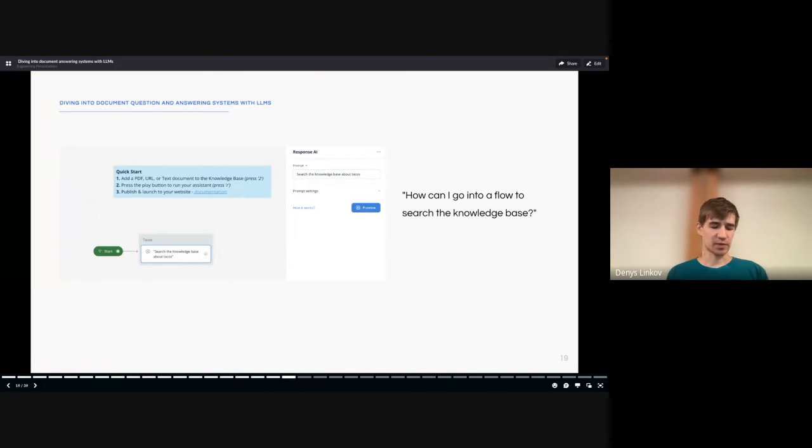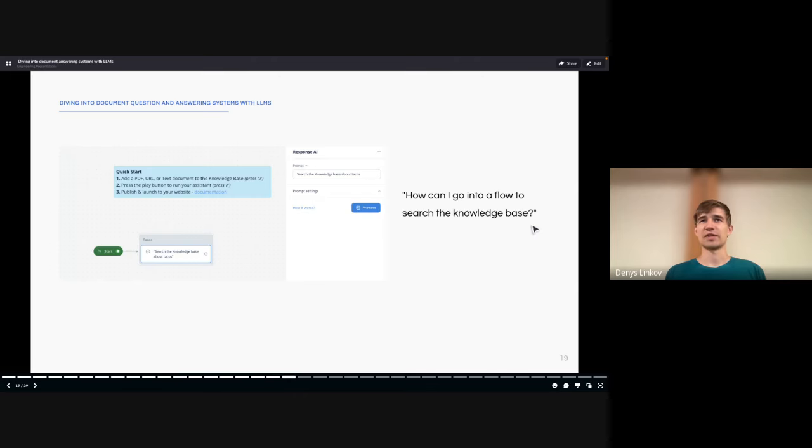One of the things that people thought they could use, we have these different AI steps within Voicelow. They thought they could put in a prompt that gave instructions to search the knowledge base. So we saw that this was a recurring UX pattern. People were like, yeah, I don't just want to talk with my document, I want to talk with the system that configures my document, which is very interesting, right? Because now you're not just doing retrieval, you're processing a user's question into a set of commands for the knowledge base to retrieve.